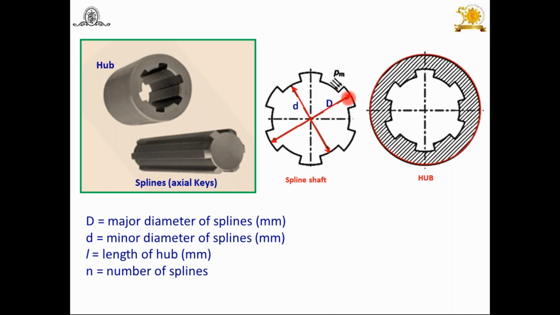That means capital D, major diameter, is given, minor diameter is given, and this is the hub. Hub means this part which we are going to accommodate, or mount, on the shaft. Again here, the length of the hub. Look at this. This is the length of the hub here, this part which is mounted on the shaft, that is small l. How to design? Look at this here.